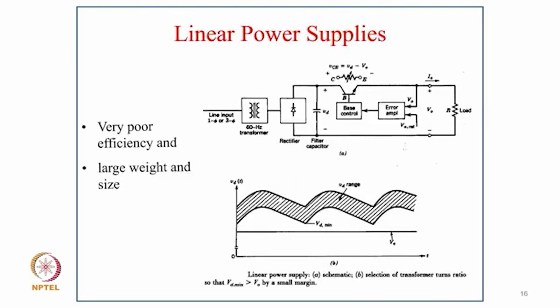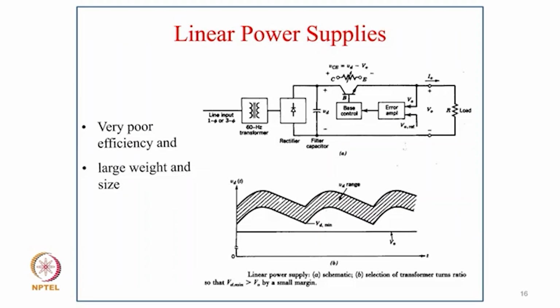Coming to isolated converters, we have the linear power supply, which we used earlier for this purpose. Here we have isolation with a power frequency transformer, 50 Hz or 60 Hz, and then rectification followed by a capacitor filter. Here we use a BJT or transistor as an amplifier, which absorbs the voltage difference, as you can see in the figure below. We need the output voltage to be regulated, but the input voltage at the capacitor, VD, is normally higher. So the remaining voltage must be absorbed across the transistor. The transistor virtually behaves as a variable resistance in this case.